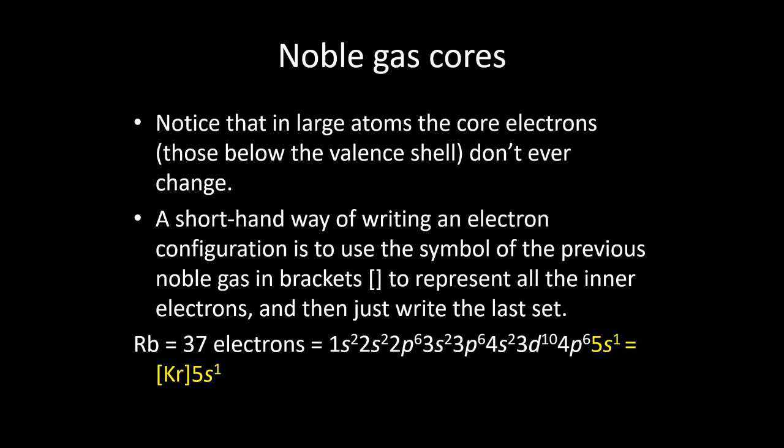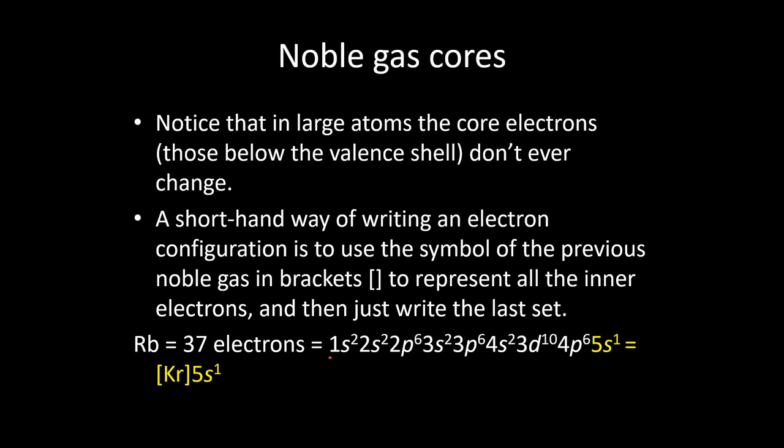And so because of this, we have a shorthand way of representing electron configurations. So we don't have to write out 1s2, 2s2, 2p6, 3s2, 3p6, 4s2 every single time we want to write an electron configuration. Our shorthand way of writing these is using what we call noble gas cores. Essentially we're taking a shortcut to say everything in the electron configuration is the same as this noble gas and its electron configuration, and then we pick up at that point and write the rest of the electron configuration. So for rubidium, for example,